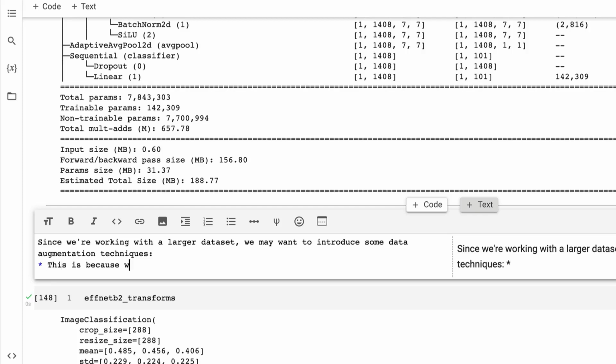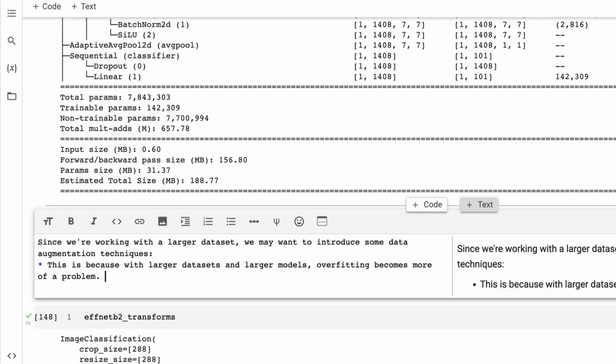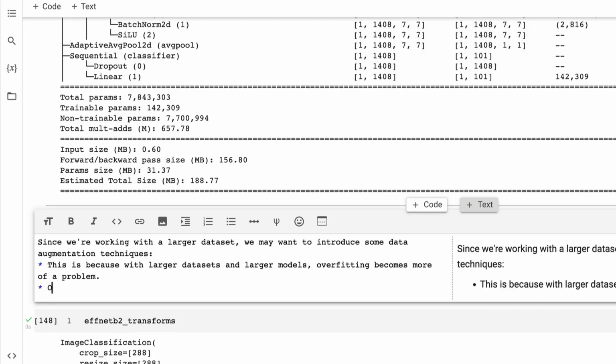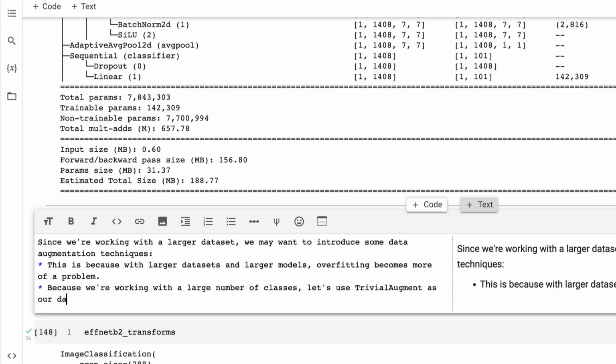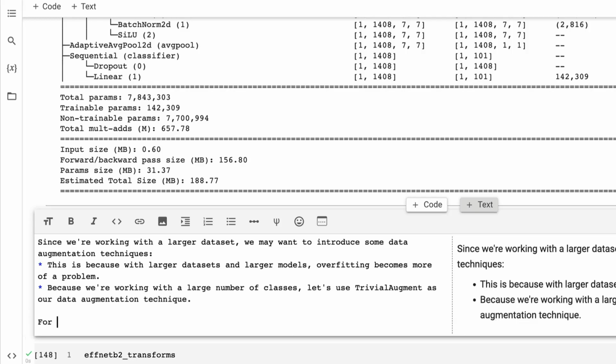This is because with larger data sets and larger models, overfitting becomes more of a problem. Not always the case. Again, a lot of the statements in machine learning are quite general and they take some experimentation. So because we're working with a large number of classes, let's use trivial augment as our data augmentation technique. There we go. That's probably more precise. And then for a list of